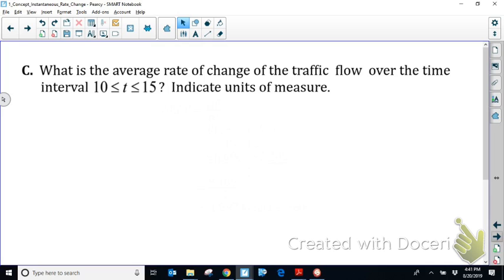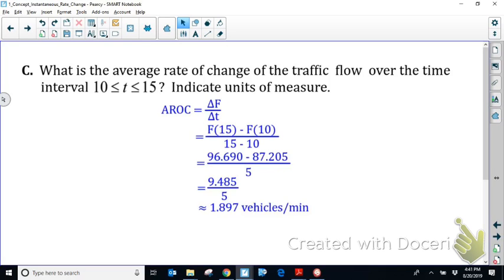Okay, so hopefully you've worked out, you've had to use a calculator to identify the output values at 10 minutes and 15 minutes. And somewhere is my answer. There we go. So here we're looking at the average rate of change, which I'm looking at as delta f